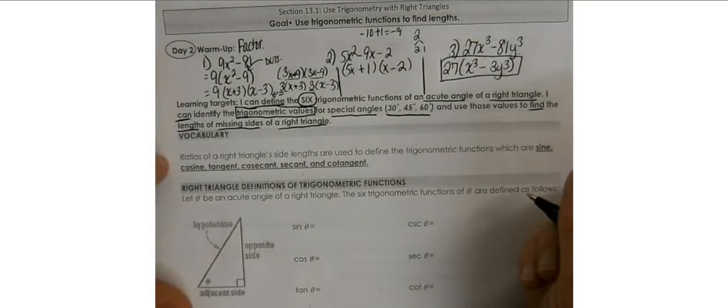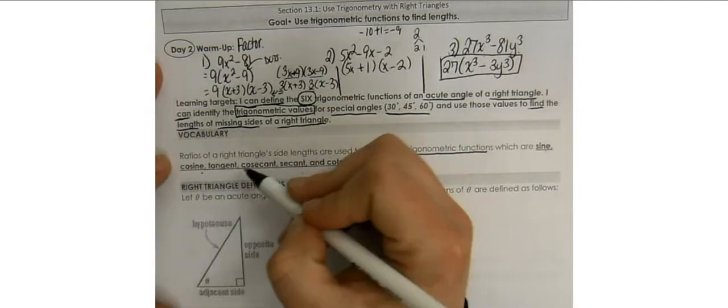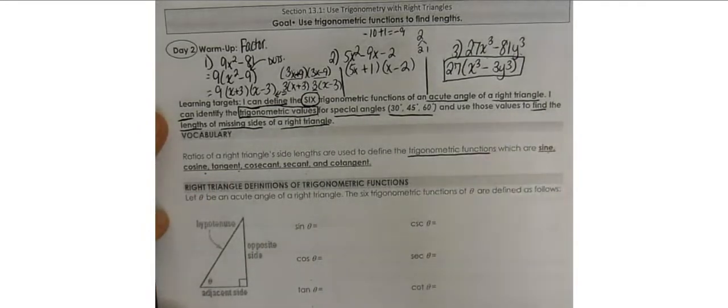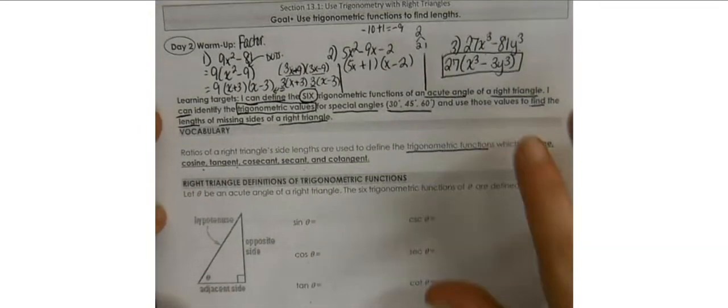So we've already learned about sine, cosine, and tangent, but we actually have a total of 6 trigonometric ratios. The ratios of a right triangle's side lengths are used to define the trigonometric functions sine, cosine, and tangent. But now we have cosecant, secant, and cotangent. So we actually are adding 3 more. Please make sure that you understand the relationship between sine, cosine, and tangent, and cosecant,